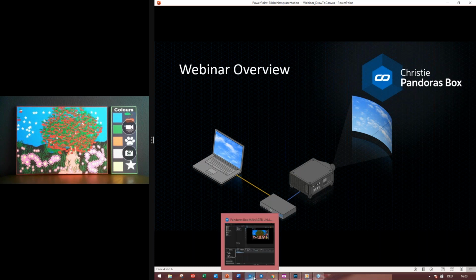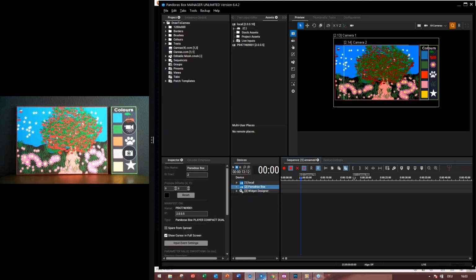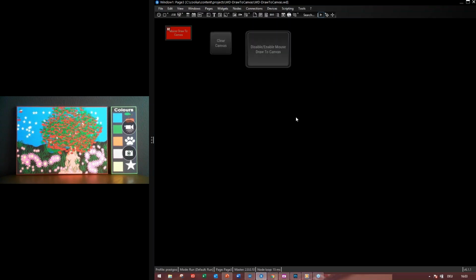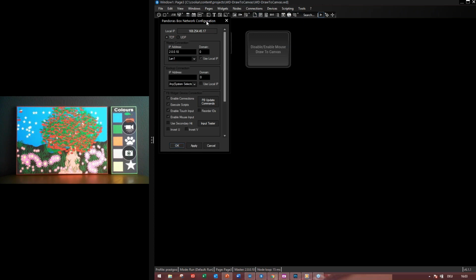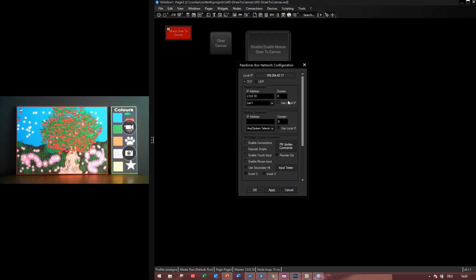We will need a Pandoras Box license and a Widget Designer license. What we have to do is, first, just as usual, connect the Widget Designer to Pandoras Box. And we have to enable the connections in the network configuration tab of the Widget Designer. And this is because